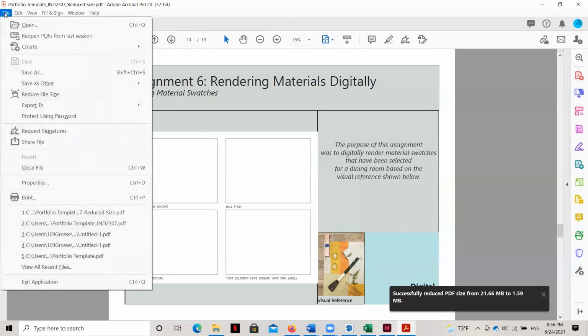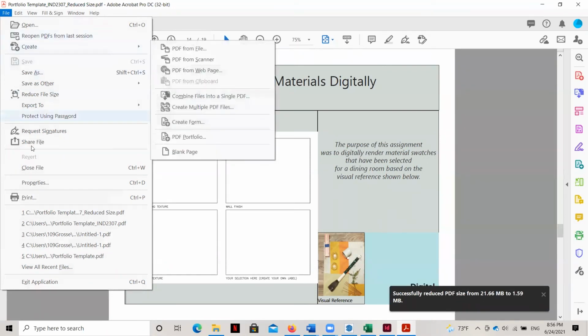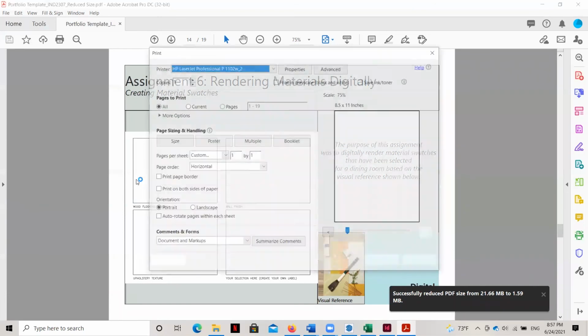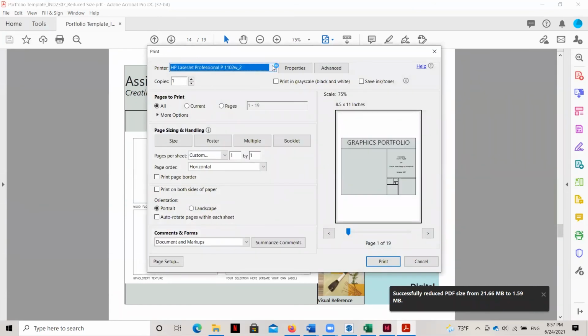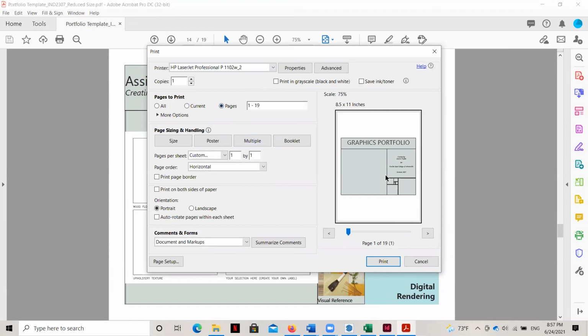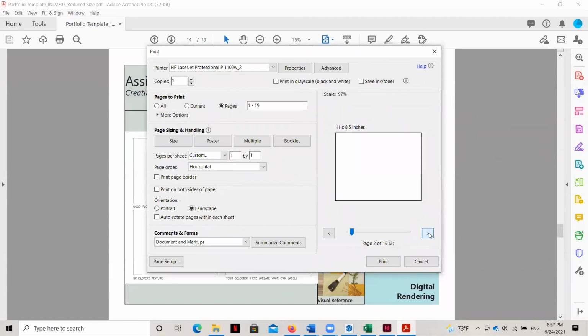So you're going to go to the file menu, and again, this is Adobe Acrobat that it's automatically opened up in. So you're going to go ahead and hit the print button here. You're going to make sure that you select the printer. Now, this is the name of my printer. You can select which pages you want to print, but you can see here it's actually rotated in the incorrect direction. So I'm going to go ahead and hit Landscape. And that way it's going to rotate so that it fits nicely on its sheet. I just want one page wide by one page tall. And so you can click through and just see a preview of everything, make sure that it looks right.